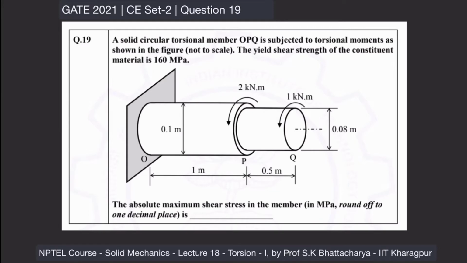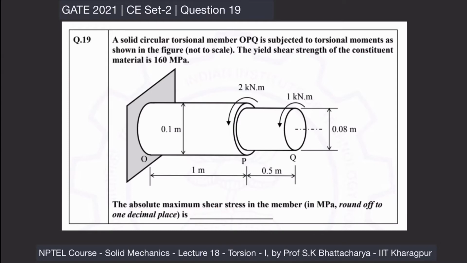Hello, welcome to the GATE 2021 CE Set 2 question number 19, which states that a solid circular torsional member OPQ is subjected to the torsional moments as shown in the figure, that is 1 kN meter and 2 kN meter over the shaft, let's say 1 and 2. The yield shear strength of the constituent material is 160 megapascal, it's given,